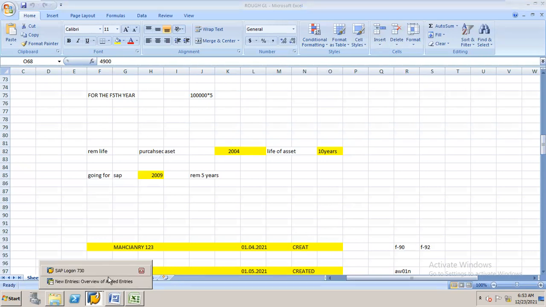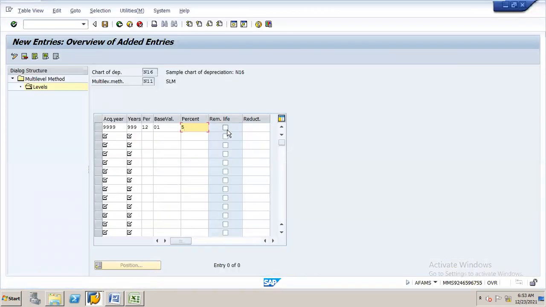remaining life. This is when we use it: the first time when you are uploading assets from non-SAP to SAP. We use this option, but we don't use this option now. From now onwards, your client is using the SAP system. From 2021 onwards, if he purchases some asset, for them no need to select this option. This is the option we have to use at the time of uploading asset master data from non-SAP to SAP. How to use this? We are going to tell the system for how many years we have to calculate the depreciation for the old assets. Say, for example,